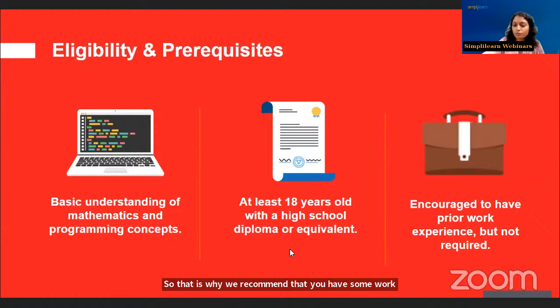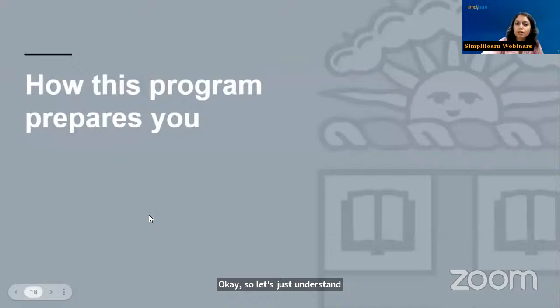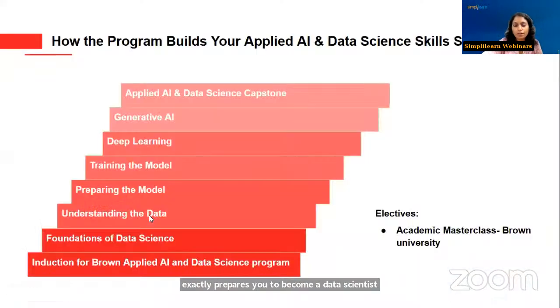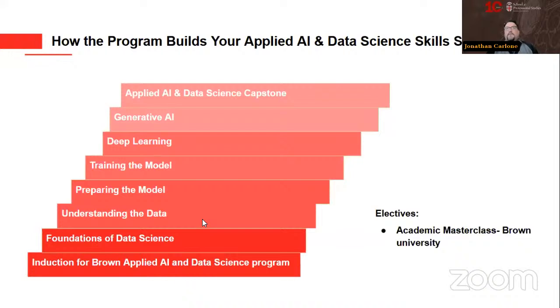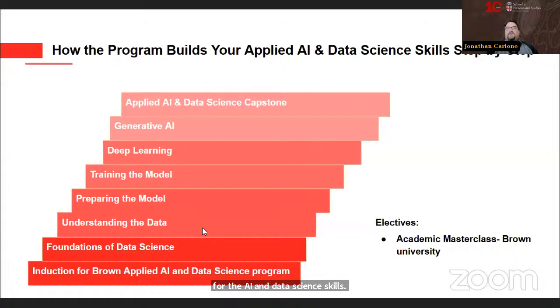Okay. So let's just understand now as to how this course exactly prepares you to become a data scientist. Jonathan, can you please take them through the curriculum as well? Yes, as you can see, there are 8 distinctive steps you'll go through in this learning path for the AI and data science skills, beginning with an introduction to the AI and data science program, getting started with the AI, exploring all of the content. This will kickstart your journey with the introduction session